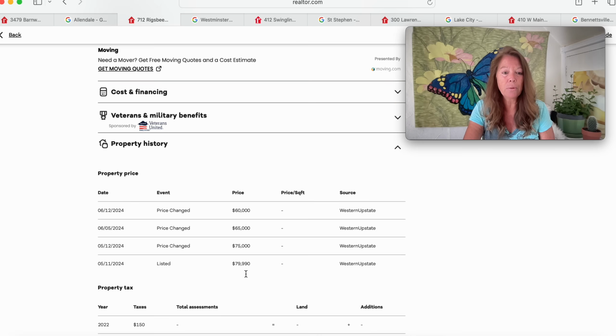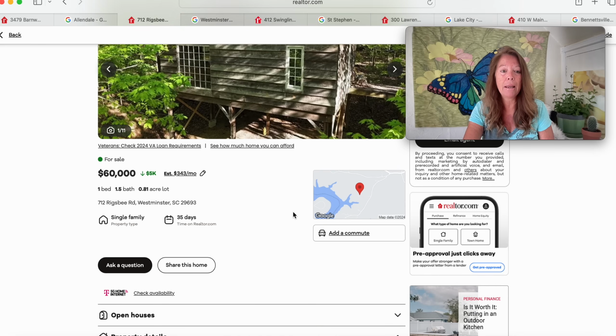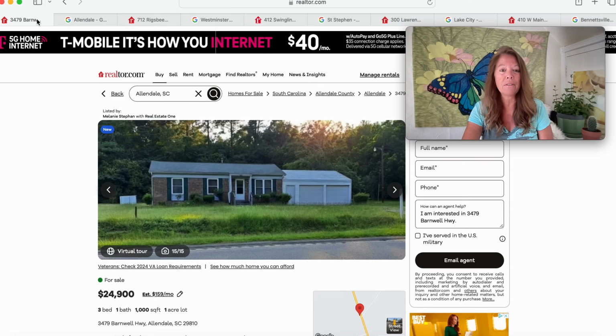And when we're looking at the history here, it was listed for $79,900, then they reduced it to $75,000, then reduced it to $65,000. Now they've reduced it to $60,000. And that is a cabin in Westminster, South Carolina, 29693 for $60,000. Sweet little place right there also. Okay, moving down to this one here,